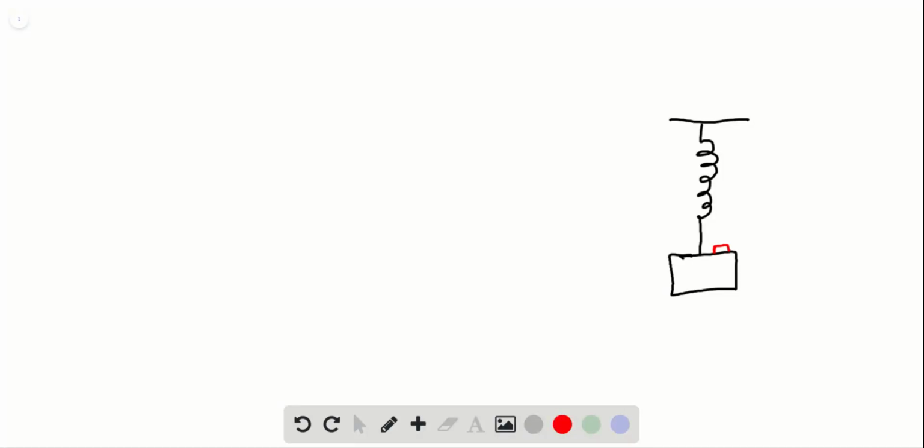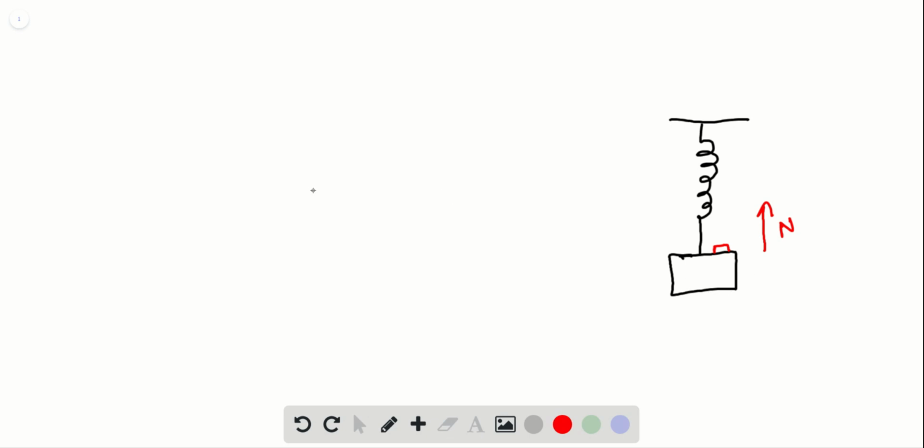So for the penny to stay on top of the block at all times means that there will be a normal force on the penny from the block exerted upward. So in this diagram, we see that this is the spring, and then this black square is the box or the block, and the red small rectangle here is the penny. So that means there will be some normal force acting upwards due to the penny being in contact with the